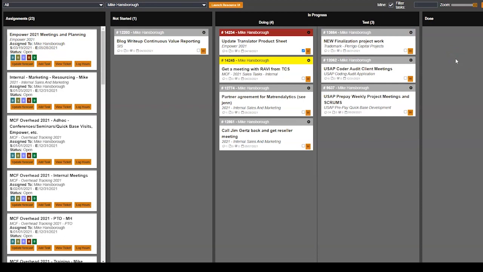There are actually more features than I've showed, but I've showed most of the ones that we find are most popular and most useful. I hope that if you have needs and you want to do Kanbans or task boards within your QuickBase environment, and the native one isn't doing the job for you, or you just want something more,